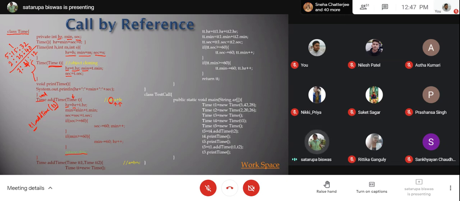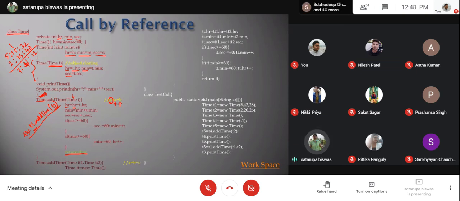But if you want to transfer the value of this addition inside a third variable T3, so in that case this time is being mandatory. The returning value of this time is being mandatory. And that return, basically we want this to happen. So whatever added value you will be getting, that added value you are trying to receive in a third variable.